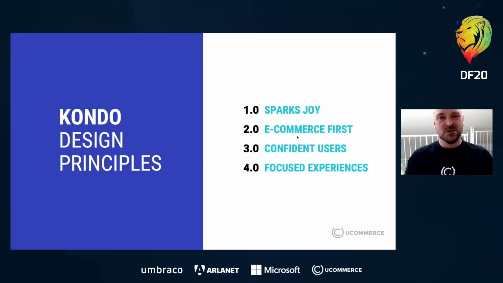So when Ucommerce was originally designed, what we did is we just took a look at Umbraco and thought, well, if we can get this as close to Umbraco as possible, that's great, because it means that everybody will recognize the e-commerce platform, because it looks like Umbraco almost one-to-one. And we don't really have to invent a whole lot of stuff. We can just look at what Umbraco did and do the same thing in an e-commerce way. But it turns out that maintaining content and commerce are two quite different tasks, right?